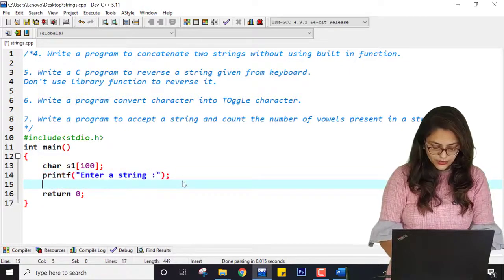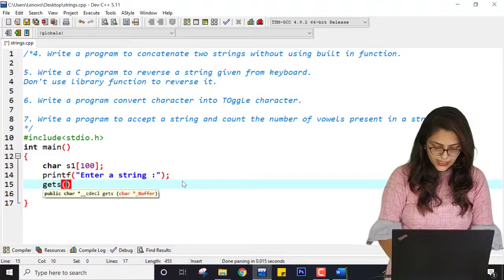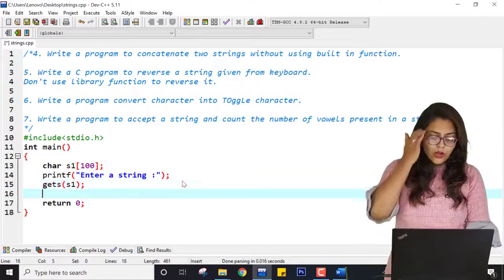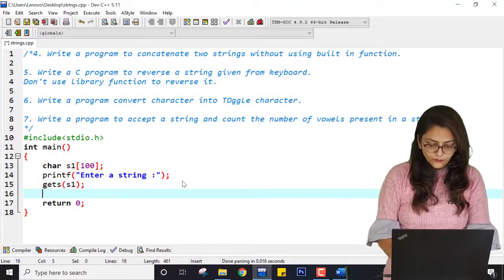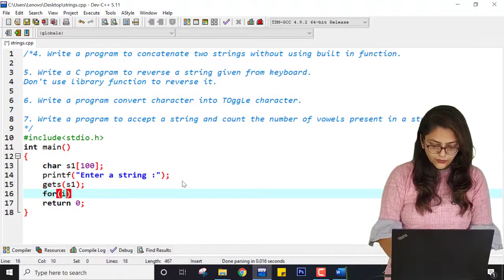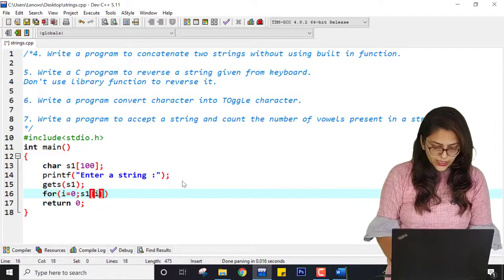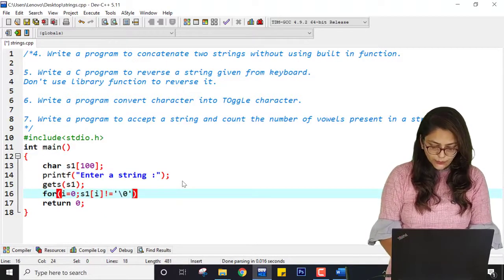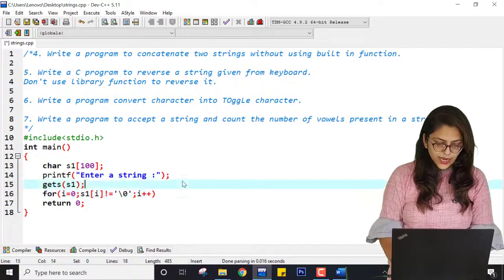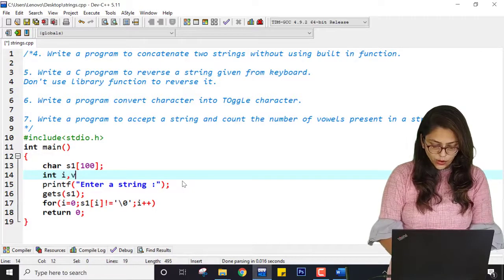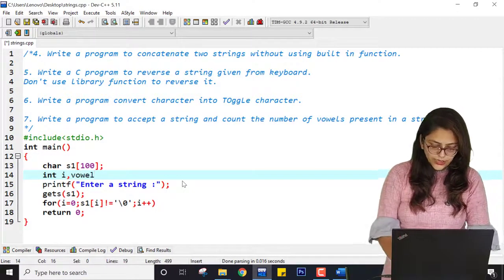Semicolon here, then here I am using gets of s1. Let me save this program. Now what I want is a for loop which will start with 0 and go up to s1 of i not equal to null. I am doing i plus plus, right? I also have to declare i, so I am doing int i and also vowel.